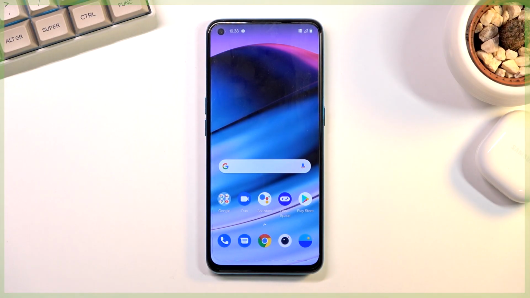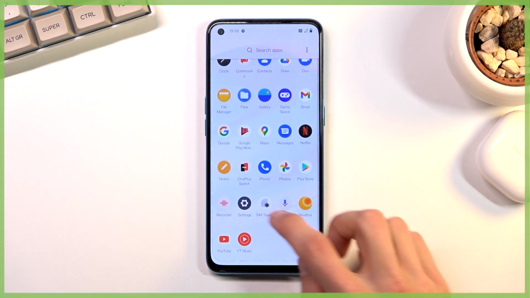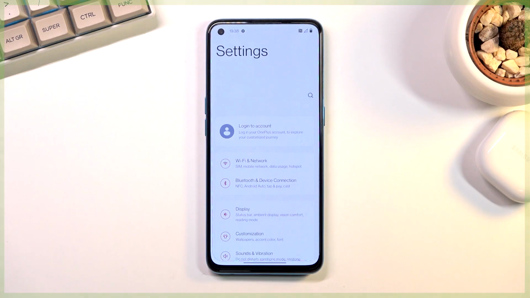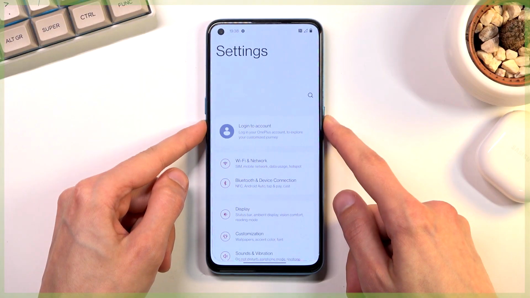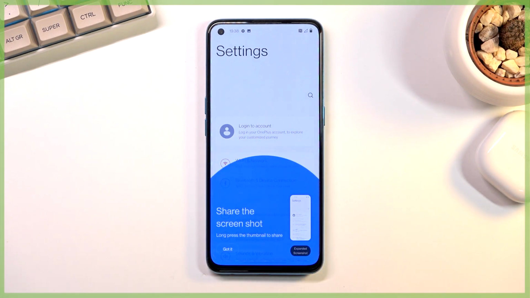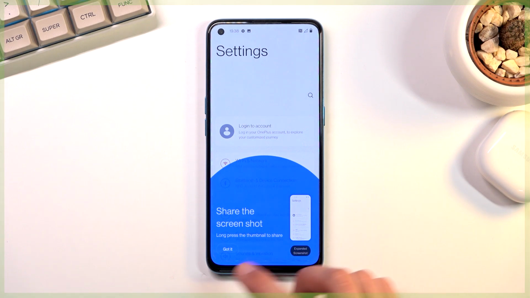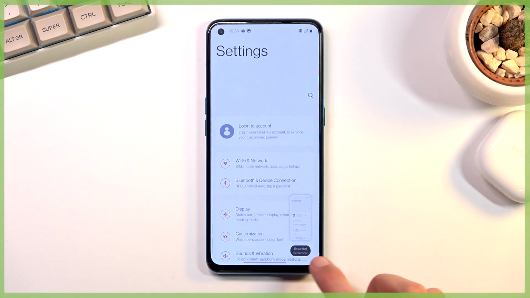Now, to get started, you will want to open up the content that you wish to capture, which I'll be using settings as an example for this. And once whatever it is that you want to capture is open and visible on the screen, you can press power key and volume down at the same time. As you can see, the first time around, it will give you this share to screenshot. We have got it, and we can also select right here, expanded,